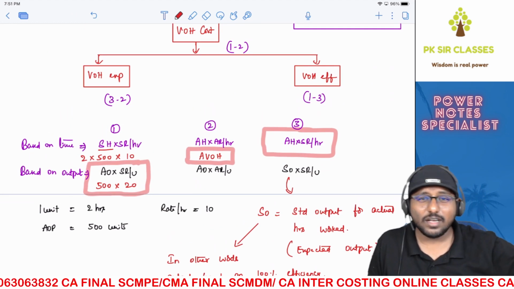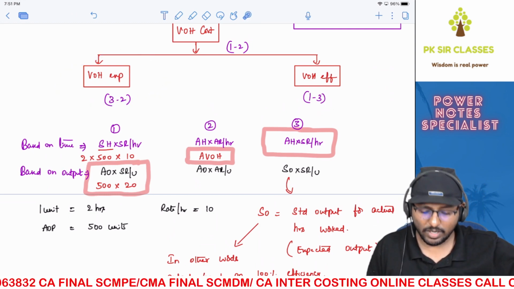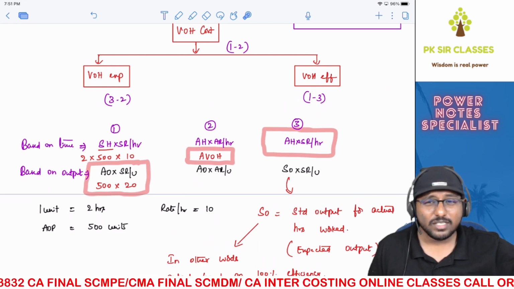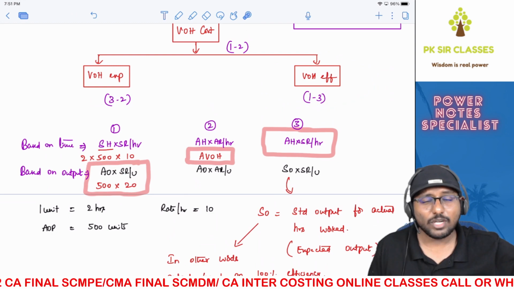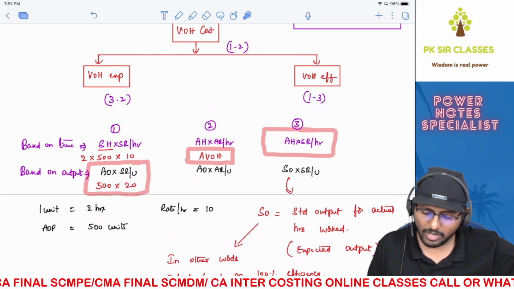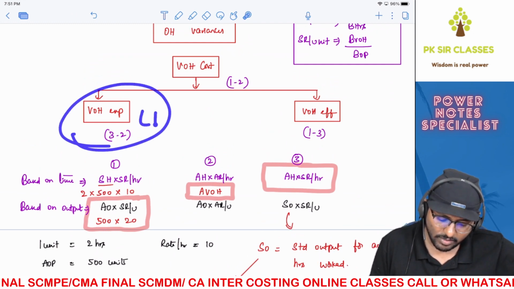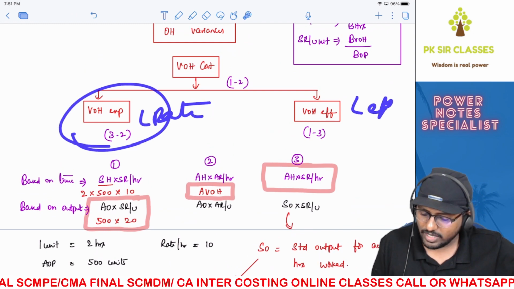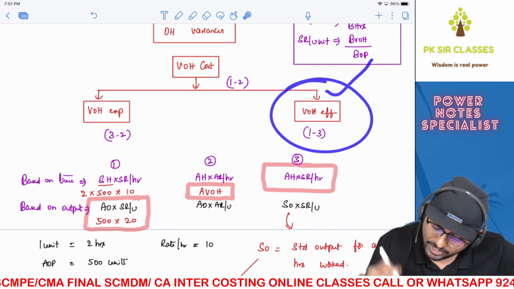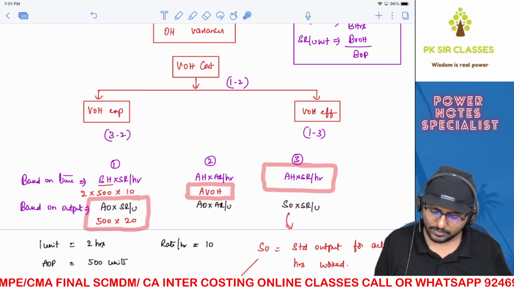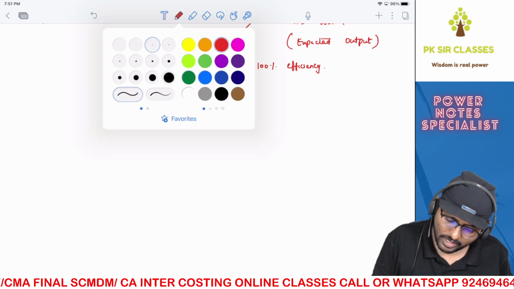Okay, the logic remains the same. Expenditure variance means change in rate and number of hours will remain constant. You can just check the formula similar to labor variances. Efficiency variance means change in hours and the rate will remain constant. What rate will remain constant? Standard rate will remain constant. Some of you might be thinking, okay, the logic remains the same. This is nothing but labor rate variance. This is nothing but labor efficiency variance. But why is there a question of efficiency when it comes to variable overheads? Because in labor, if there is efficiency, there is a logic. Here, what is the logic?